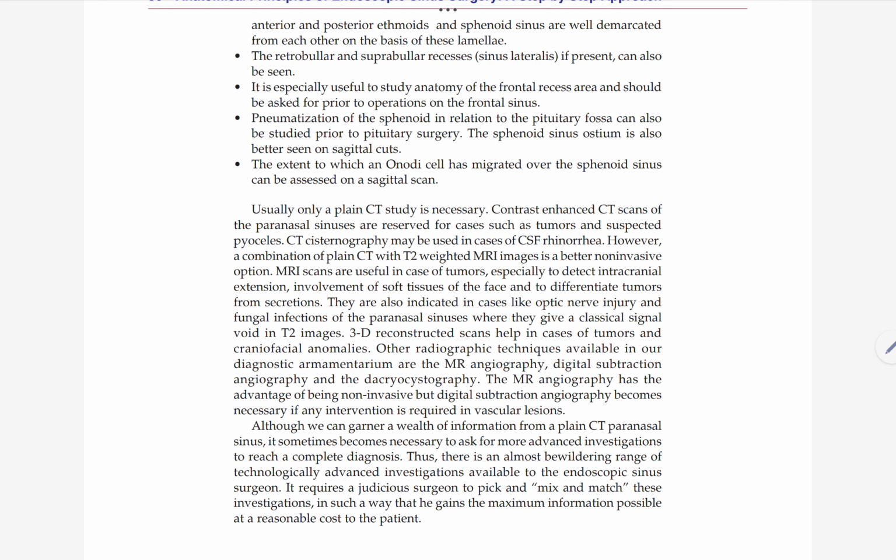becomes necessary to ask for more advanced investigations to reach a complete diagnosis. Thus, there is an almost bewildering range of technologically advanced investigations available to the endoscopic sinus surgeon. It requires a judicious surgeon to pick and mix and match these investigations in such a way that he gains the maximum information possible at a reasonable cost to the